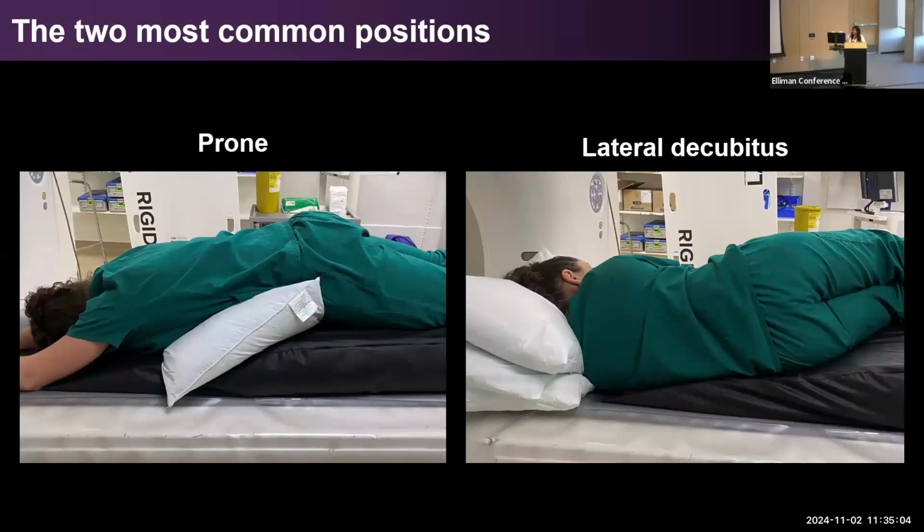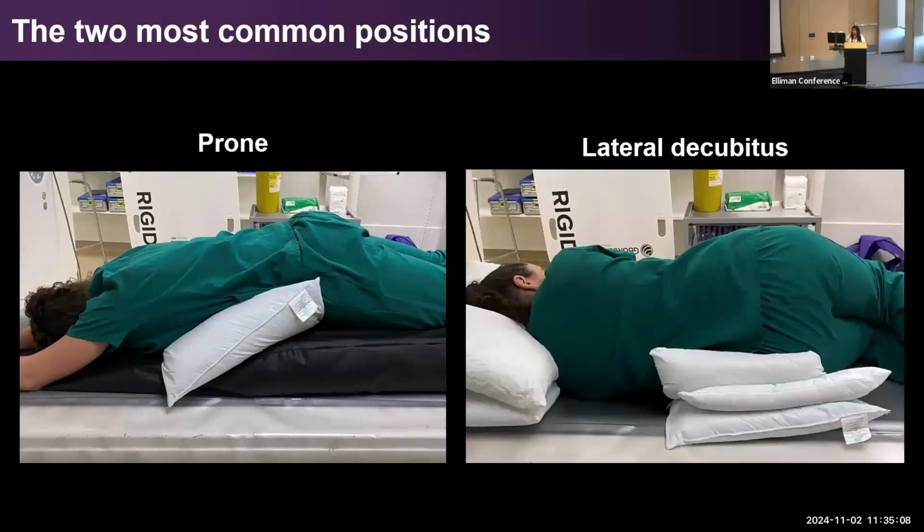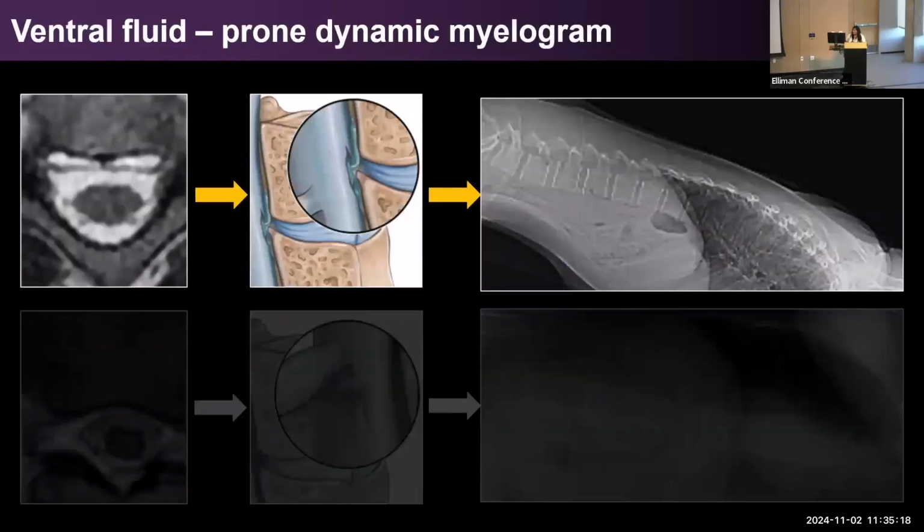And note that we raise the head to try and avoid headache, to try and create a trough in the spine. And sometimes you only need a very gentle slope, so you can just sometimes use pillows. Sometimes wedges can be too harsh and create too much of a downward slope. And patients often say to me, oh, you spent so much time positioning, but actually what I've learned over the last 5 years of doing this is that the more time you spend at the beginning, it's less time wasted